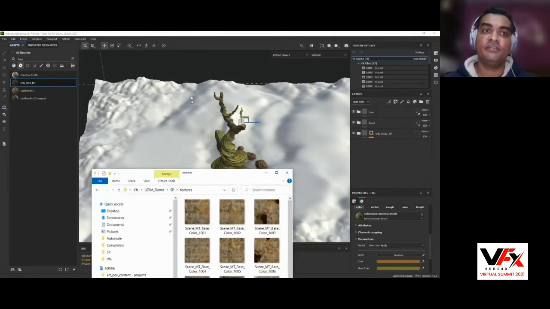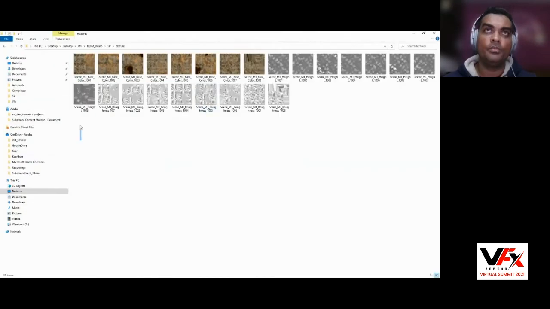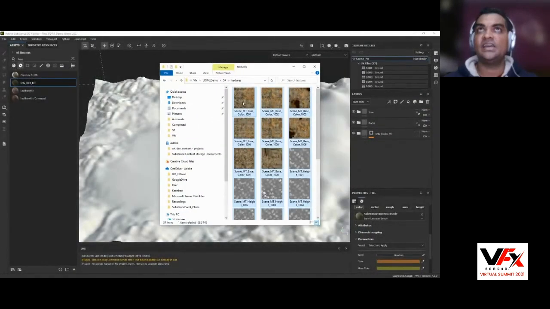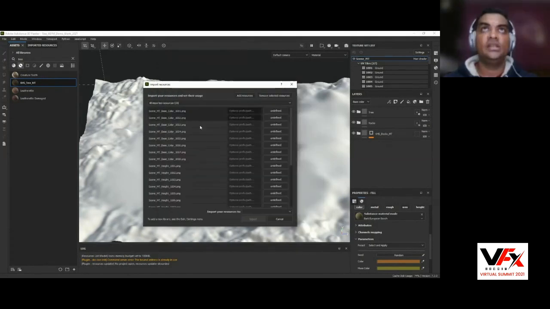So let me quickly open up this folder. Here you can see I have all those textures, which are actually painted. You can see I have multiple UV tiles with base color, as well as height information and some roughness information. So what I can do is select all of this, drag and drop right into my shelves, and define this as a texture, because it is actually a texture,